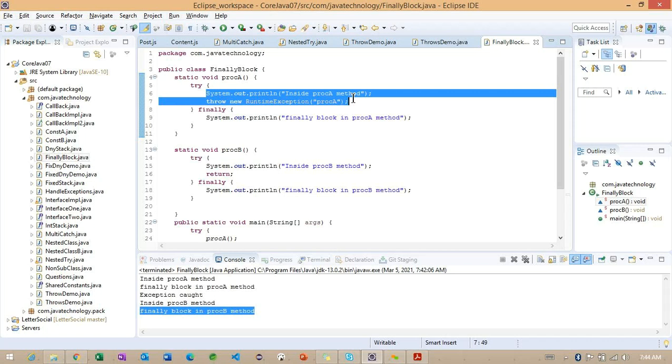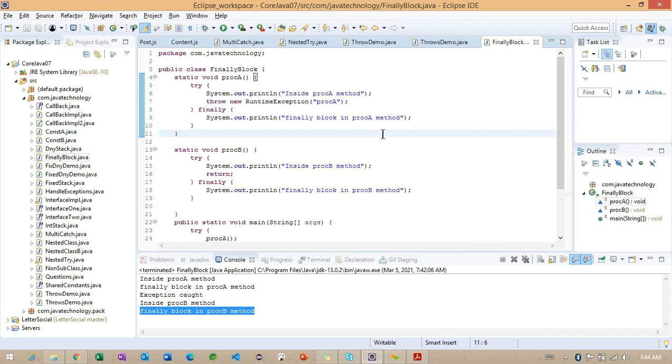Okay, so now what I want to share here is what built-in exception classes are available. So we need to check what built-in exception classes are available. First, we'll go for the runtime exception, and later we'll check for the checked exception. So what I'm going to explain right now, these are the unchecked exceptions.